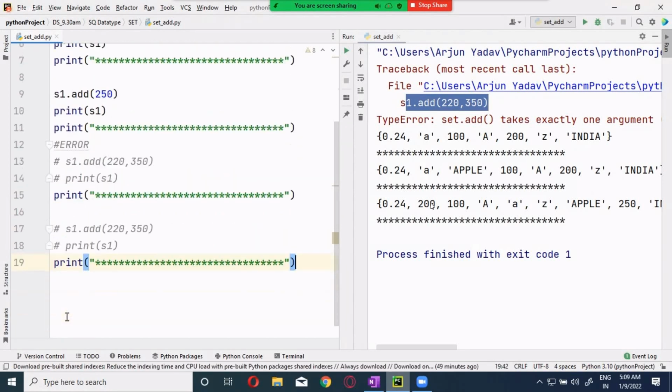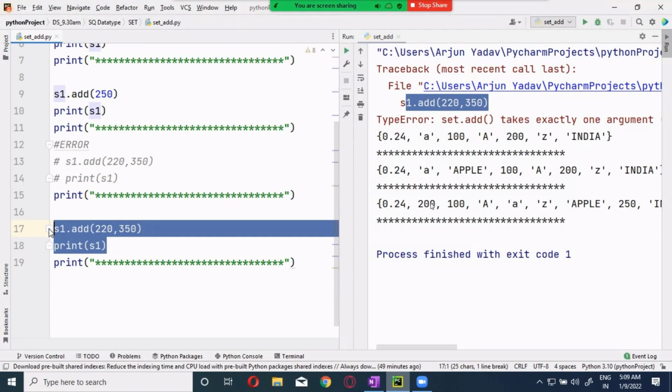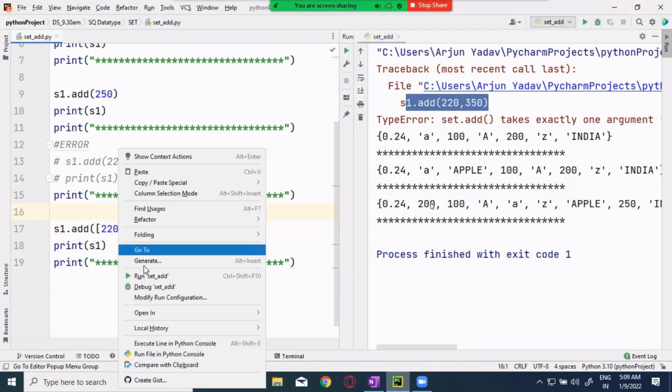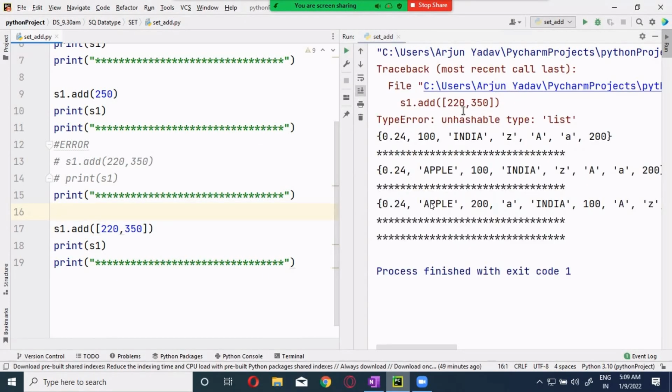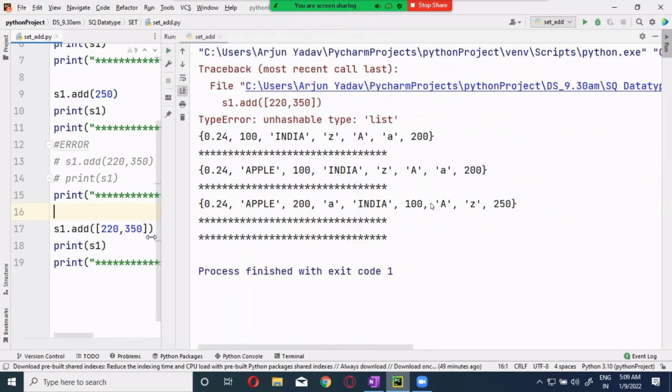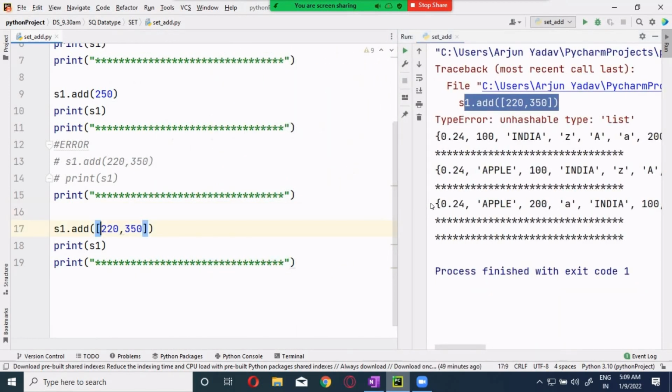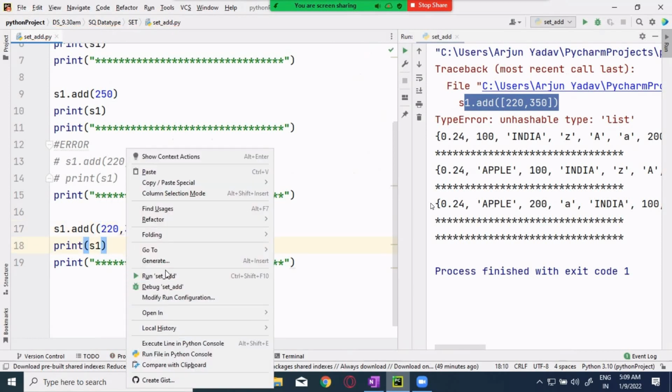Now when I come back down like this, you want to enter multiple values. Then what we are going to do is put them in a list. Okay, list. Now let's see this one. You will get an error over here. You see there is an error coming down over here. Now I will tell you why. Just a minute. Let me do it something like this. This will also not be accepted.